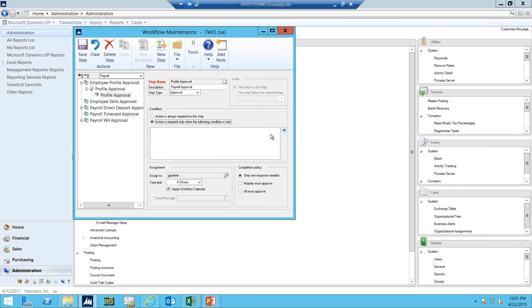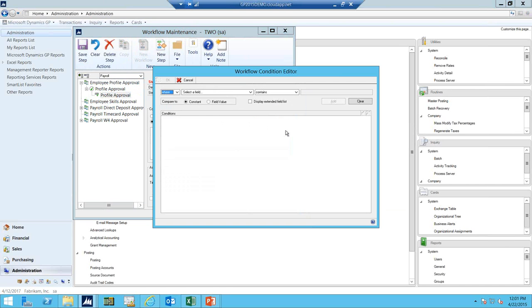If I switch this radio button to do have a condition met for this, we will be able to have different fields that we can look at as far as if their last name is X or if their birth date is greater than something. We can then put in the logic that we want and say, for this step, if their birth date is greater than or equal to a specific date,